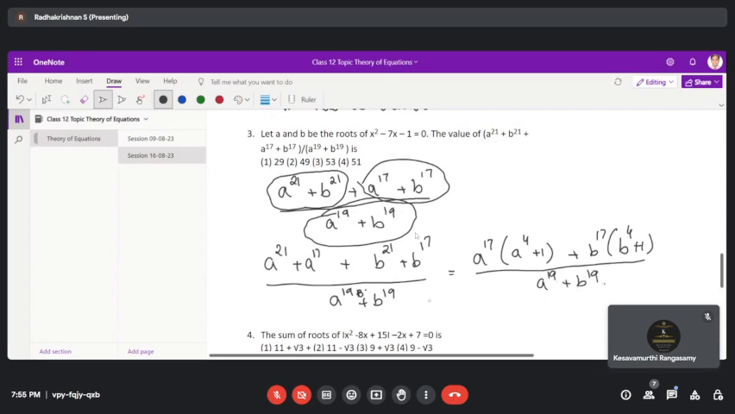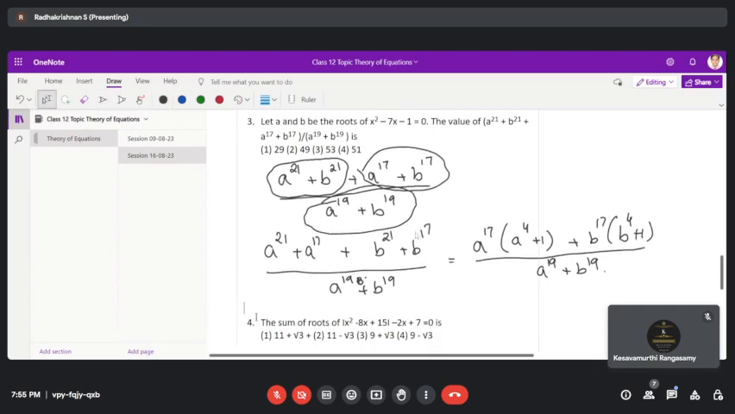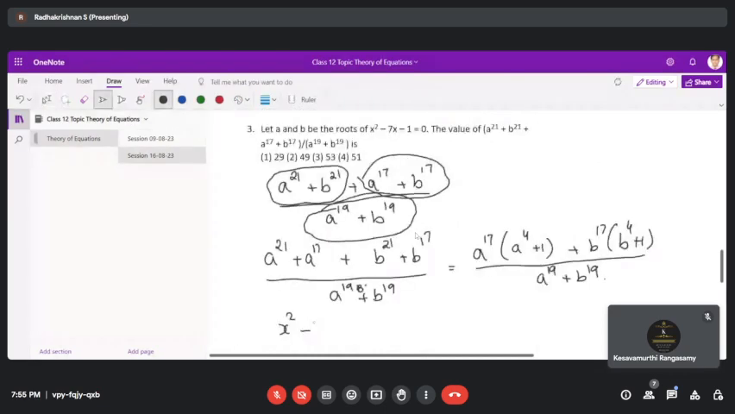Now we can determine this a power 4 plus 1 from the given equation. So that is the shortcut here. The given equation is x square minus 7x